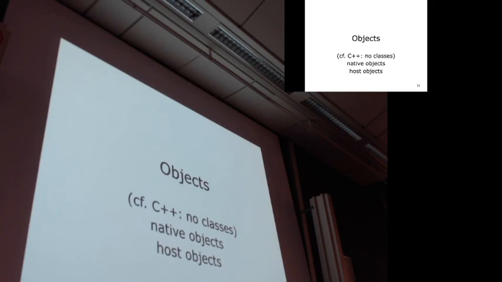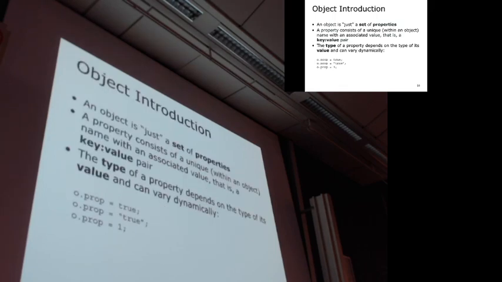I think when you get used to it, it also has its advantages. Having objects with no classes makes these objects really flexible, because the objects have no rules superimposed by the class that they need to conform to. Basically, an object is just a set of properties, where every property is a key value pair, and every time you assign